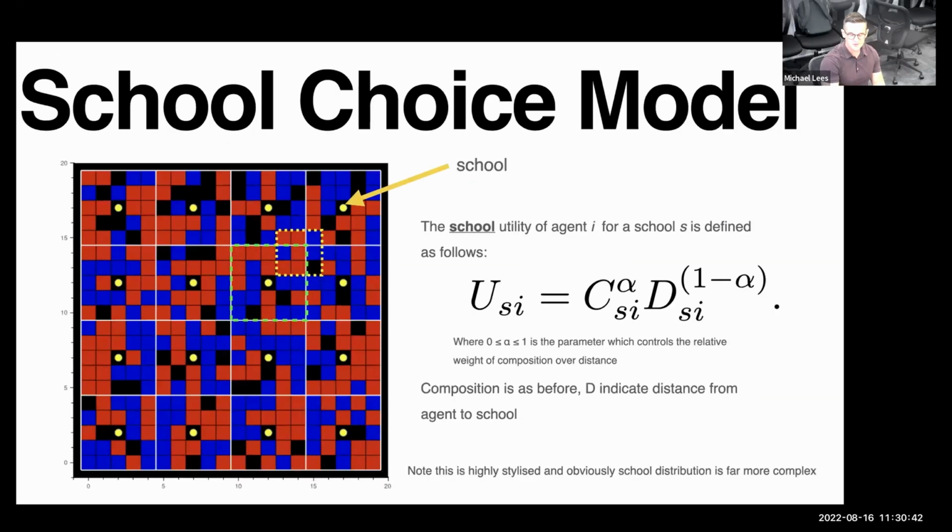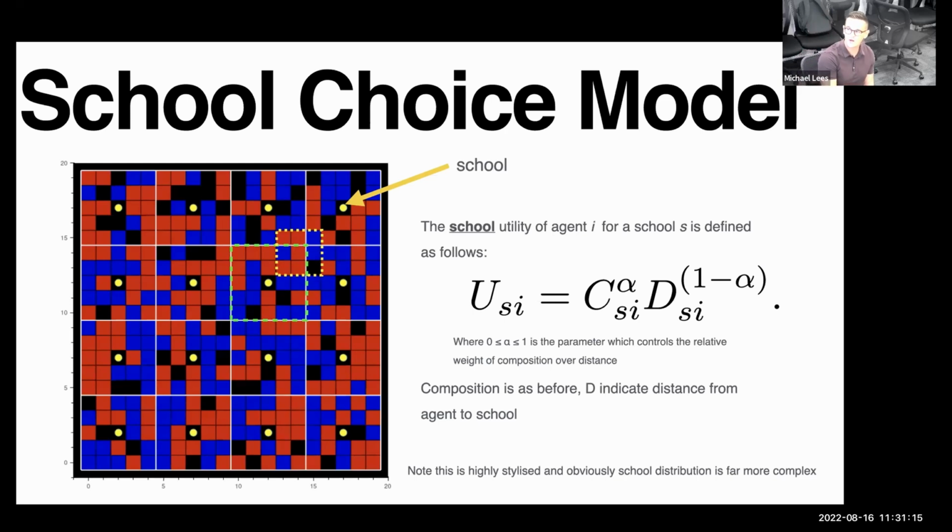Okay, and then the school choice in the initial model is pretty simple. There are 2 things that affect it. One is the composition of the school. Households send their children to the school, and that child has the same demographics as the parents, let's say. The other thing that plays a role in choosing the school is how far away it is. So just two simple things: the composition, how many of my own group are there, and the distance to that school. And I can control the importance of each of those things by a parameter alpha.